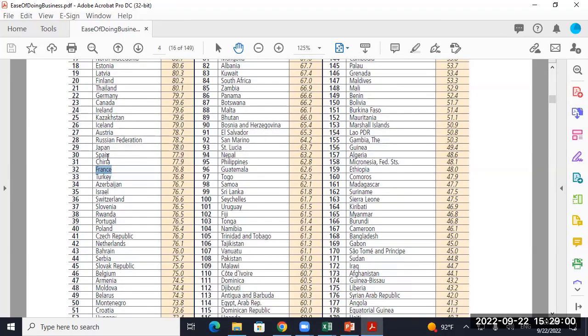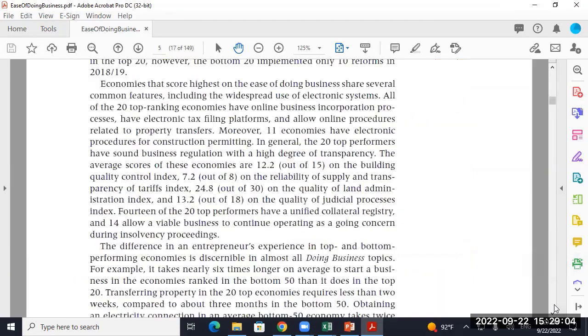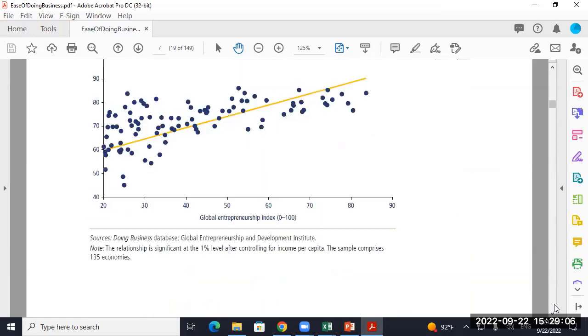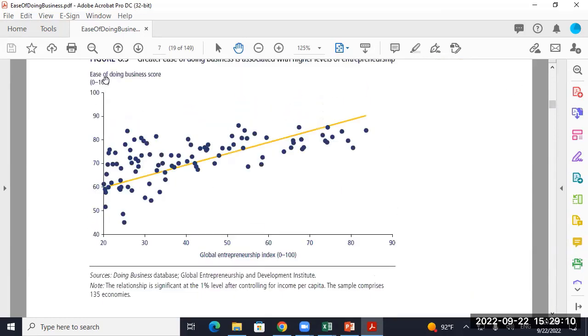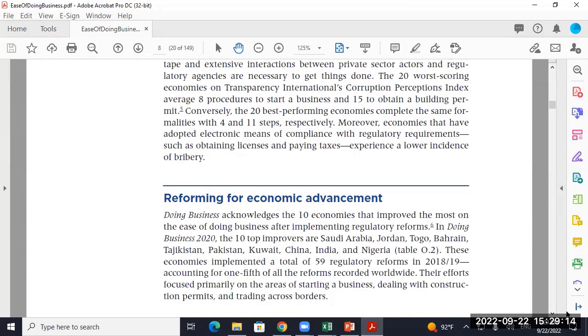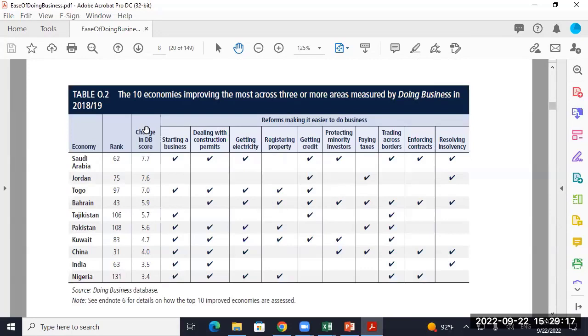If you wanted to move France up the list, what would you have to do? So what you can do down here below, actually here they show you how their ranking goes against other indices. But what they do here is they show you what goes into their scoring. How easy is it to start a new business? So here's their list of the 10 economies improving the most. That gets me excited as an investor.